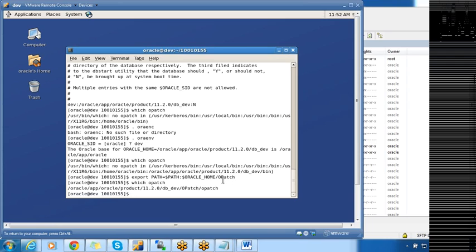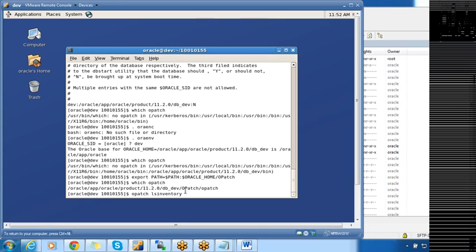Now if I do which opatch, I'll have opatch. Next, in real time, if you want to check what patches you applied, you can use the opatch utility to check what patches are applied on this server. The command will be opatch lsinventory.